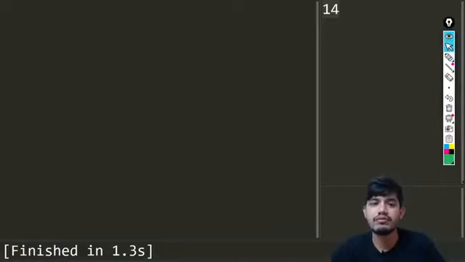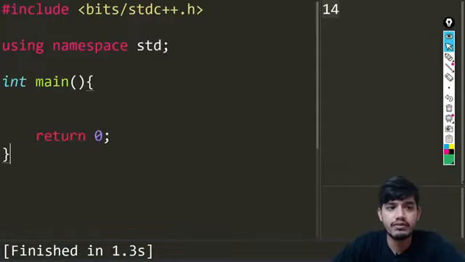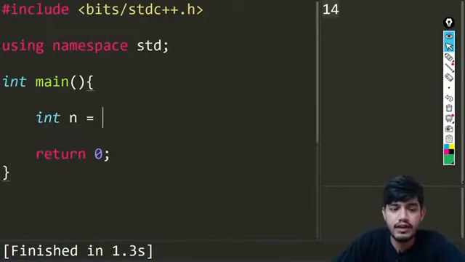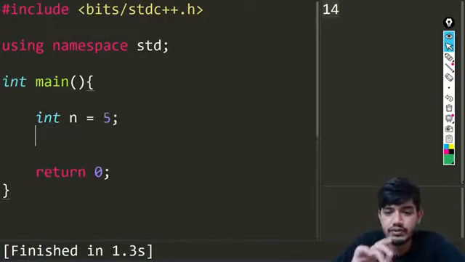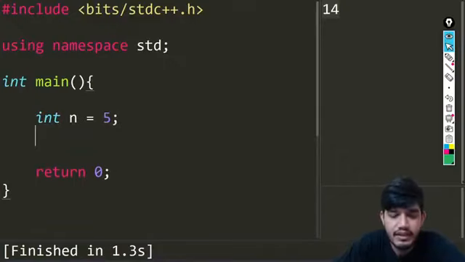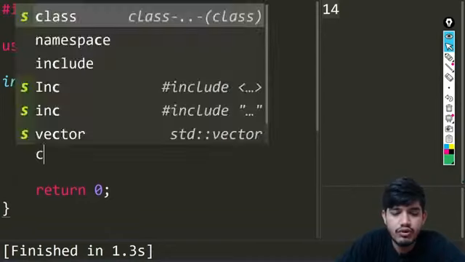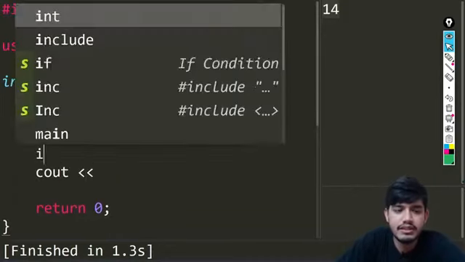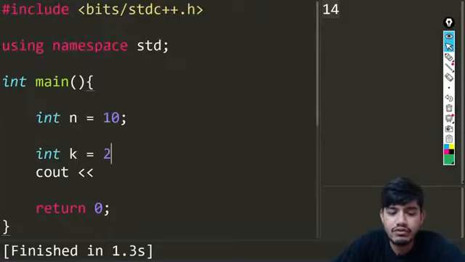So this is basically the task which we want to do. Let us try to run the code for this and see the output. So we have this boilerplate, we have this integer n, and we can call that 5. Then let us take the example for 10 only, that's a big number. Suppose I just want to unset the kth element, so I'm just going to write k equals 2.